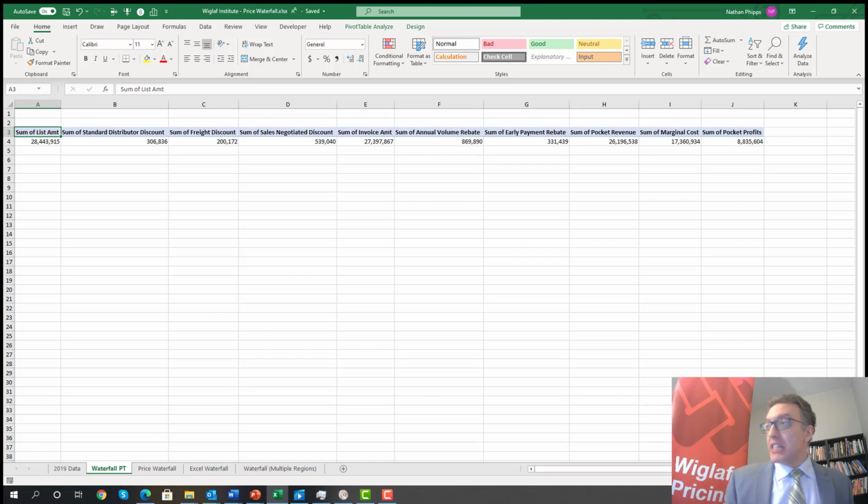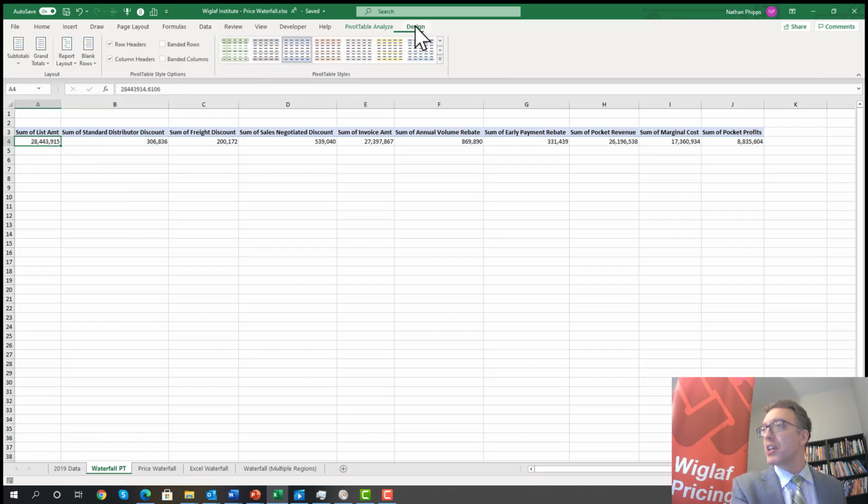Okay, let's set up our pivot table. Now, as mentioned in the previous video, if you are only making one or two price waterfalls, then perhaps you do not actually need to set up a pivot table. A pivot table's real value comes in when you're doing at least a dozen price waterfalls. So here, just to show you where the magic is before we go through this process,